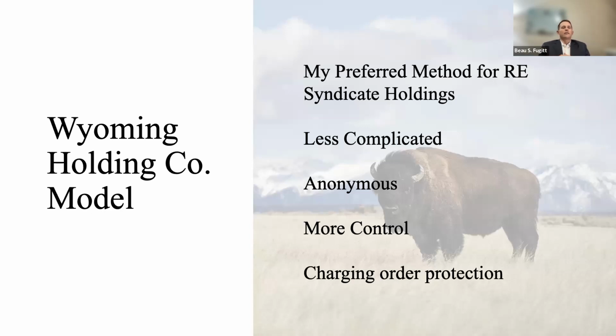A charging order is a legal remedy that essentially says if you have a judgment creditor, they get a judgment against you, the remedy that they might have would be a charging order, which says they can't make you sell the property, and they can't make you do certain things, but they're entitled to any distributions of profit that you would have received from that property. What they don't receive is the management decisions, right?